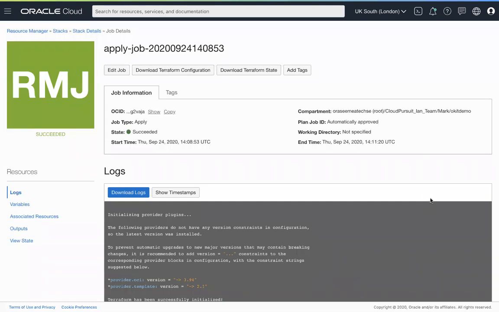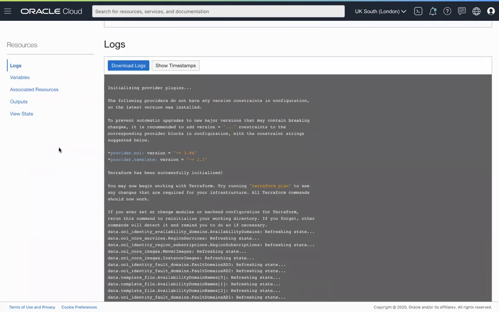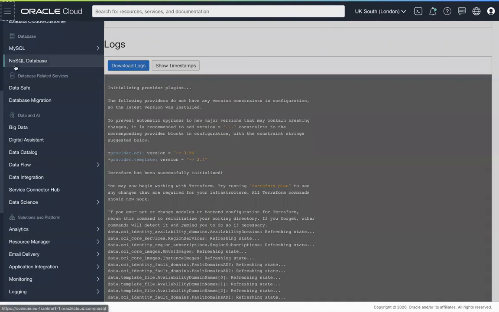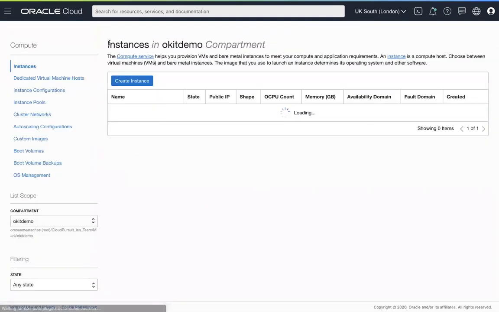Okay, welcome back. And as you can see, we have the green symbol for success. So that means our apply job has completed. If I go down the log, you can see that it said that it's applied everything correctly. And I have 6 new resources. So that's brilliant. If I go back to compute and I select compute for my compartment,